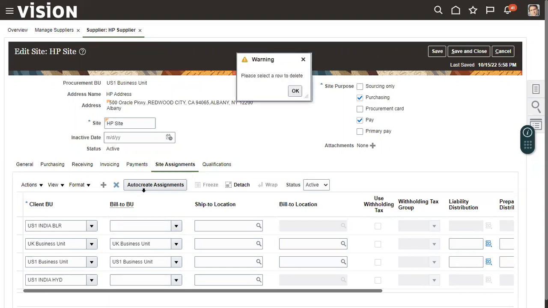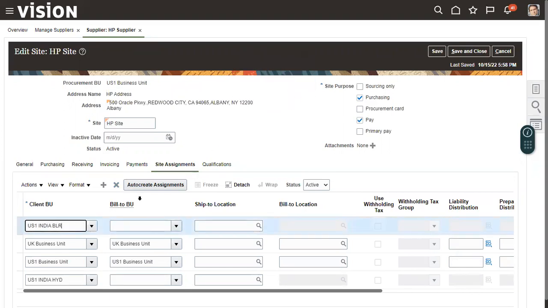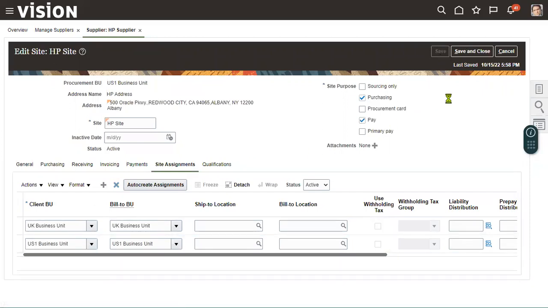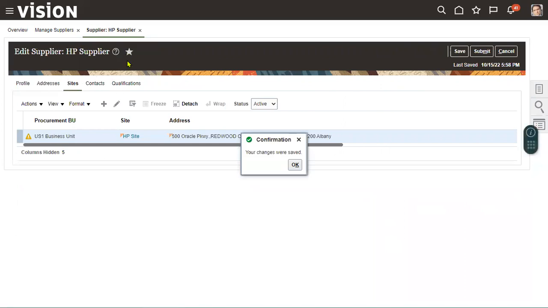Require this client business unit. Let's go for delete this. Go for save and close. This is how we will go for create supplier, supplier address and supplier sites and as well as the supplier